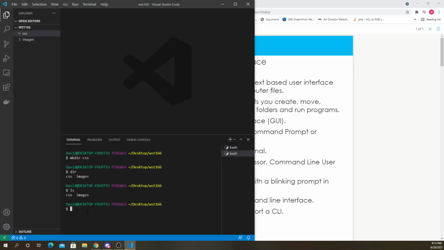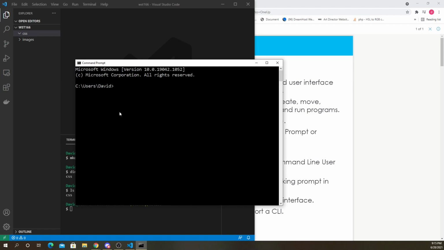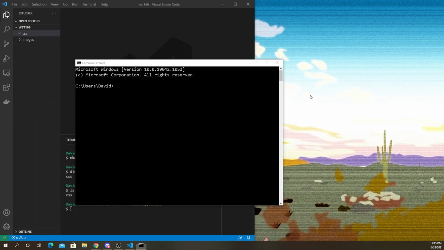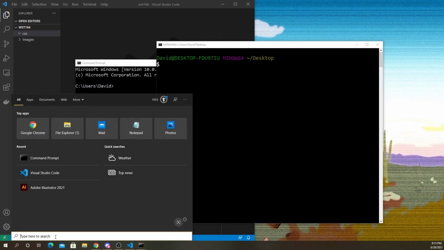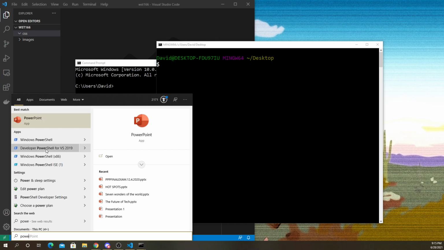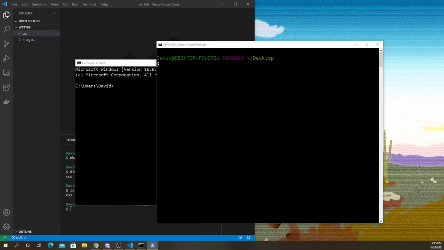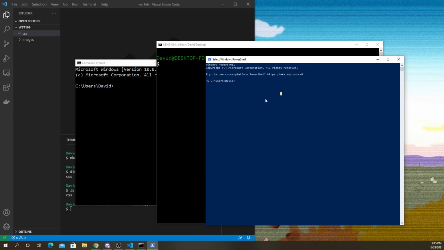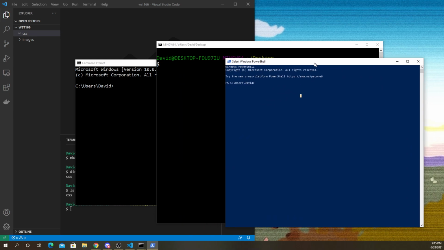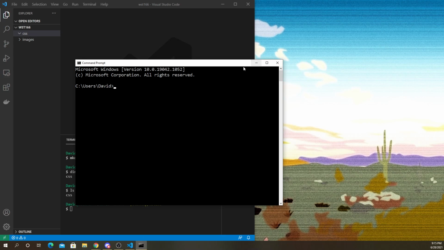This is a command line interface. Command prompt is a command line interface. Git bash is a command line interface. And on Windows, we also have PowerShell, also a command line interface. And then there's other command line interfaces you can download from the internet if you don't like these.